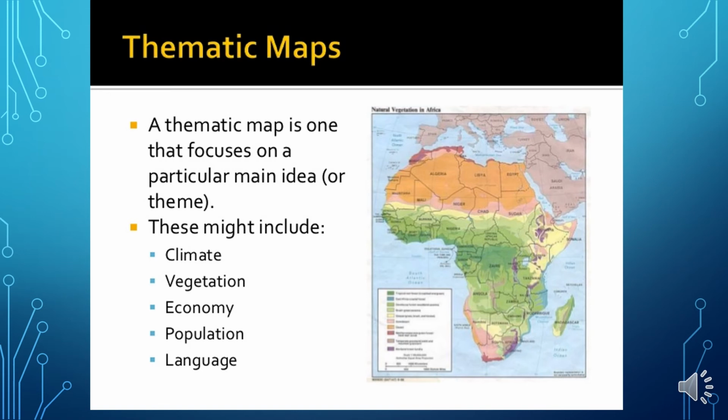For example, if we take this example over here, it is showing Africa. Here we can see that from highest to lowest, it could represent anything. It can represent, for example, vegetation. So vegetation, we know that at the top of Africa, there cannot be any vegetation. So we can see a shade of brown. It is a desert area. Similarly, the parts which are light yellow also have certain mountains, for example, Mount Kilimanjaro. Therefore, they will not have too much vegetation, so it's slightly yellow in color. And we have green. Green represents your forested area, an area which is suitable for vegetation.